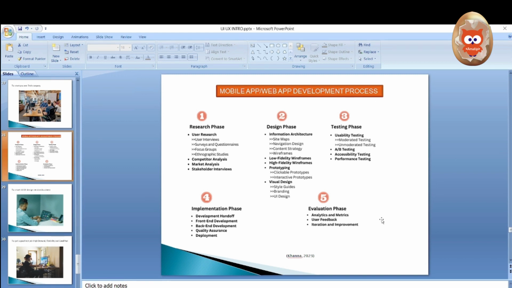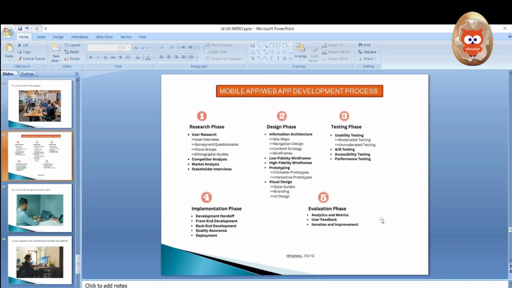The first thing you need to do is carry out research. For this research, you only need your UX design skill, be it user research, user interview, survey, focus group and the like, competitor analysis, market analysis, stakeholder interview and the like. This is what you can use your UX skill to achieve.